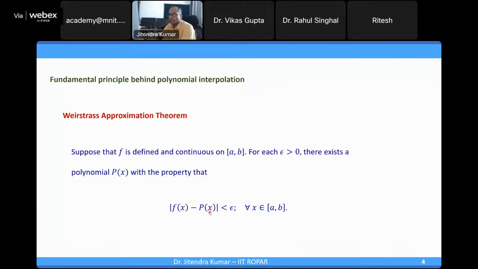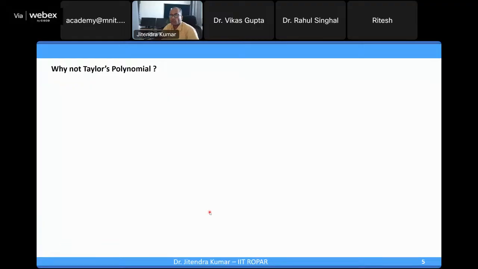So that means that you can approximate a continuous function by polynomials with the desired accuracy. That means it is possible to approximate any given function which is just continuous by polynomials. Well, just to recall, though here you need some additional restrictions, we have also discussed that we can approximate through Taylor's polynomial. So that is also a polynomial, and then we can do various operations which I was talking about as a motivation for